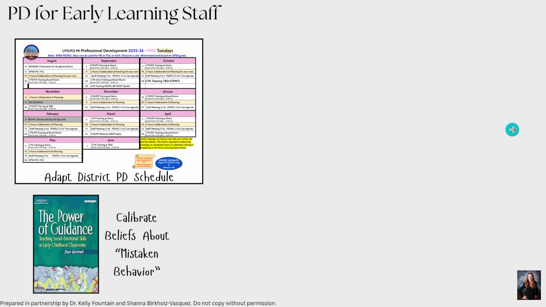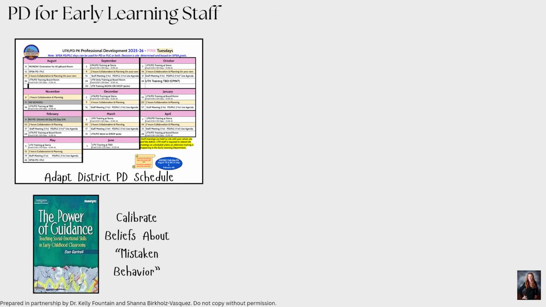We also had to calibrate beliefs in the TK space around mistaken behavior and help teachers to understand that when school starts in August, you have some 3-year-olds. They've been on this earth 36 months. They don't have all the rules of navigating a classroom or all of the rules of being an adult and having adult expectations. So we work with them on the idea of mistaken behavior,